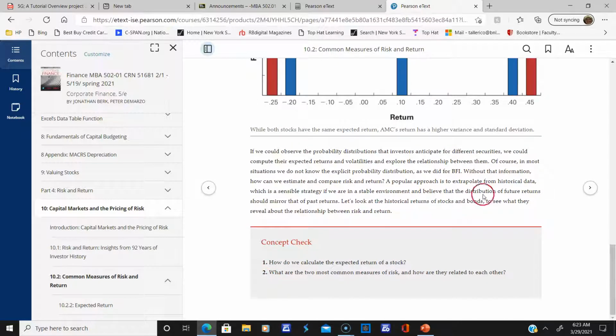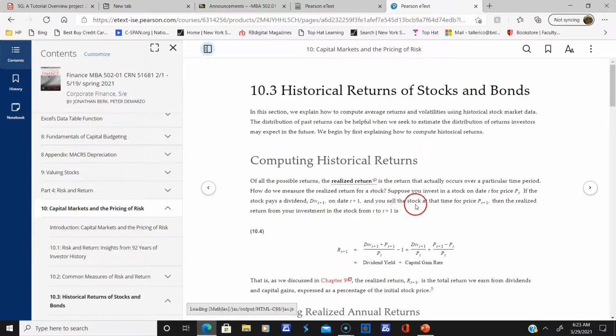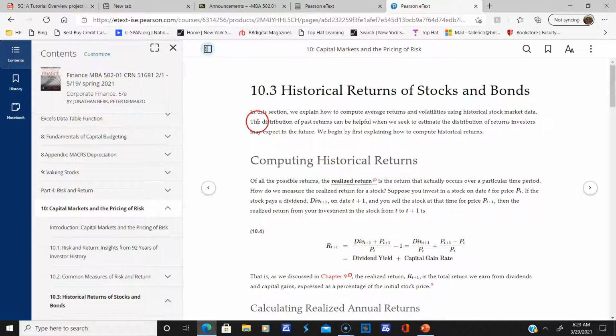All right, so now what we've got to do is look at historical returns. Now we're going to look back. We don't have to deal with probabilities in this case because it's happened already. So we're going to look at different ways of calculating a return, different ways of calculating variance, and different ways of calculating standard deviation. So this will be the second way we look at this equation. And the magical words are historical because it happened already. So the probability is obviously 100%, right? Because it already happened.